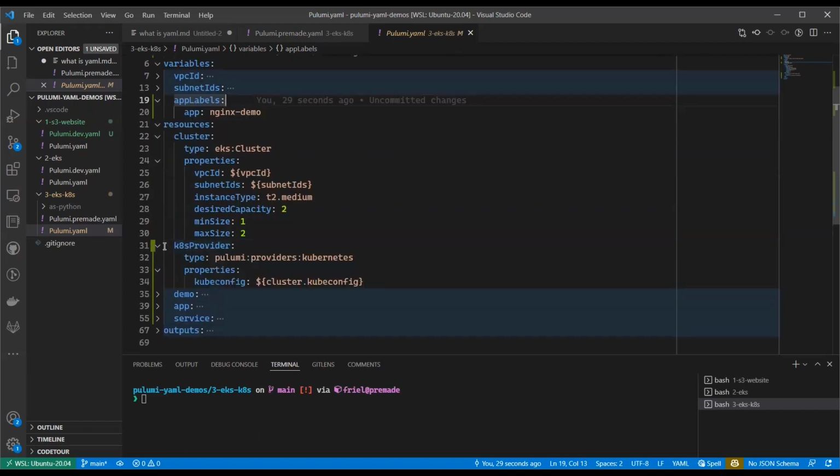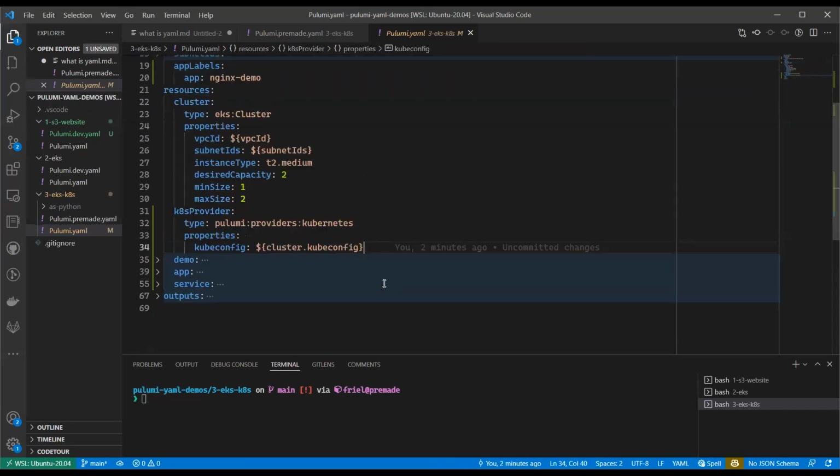So how do we deploy onto a cluster, waiting for that previously defined EKS cluster to spin up? Well, we start by deploying a provider resource. So this is going to provide the configuration for future resources that we want to deploy into a particular Kubernetes provider. And the flexibility that this offers is that you could potentially have multiple Kubernetes providers in the same Pulumi program and deploy into multiple clusters. One resource into the first cluster, one resource into the second, and coordinate more complex deployments. In our case, we've declared a single K8s provider resource.